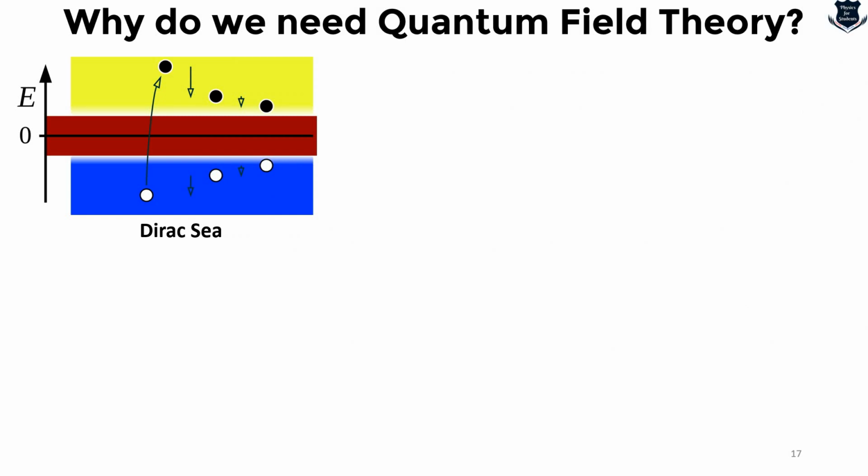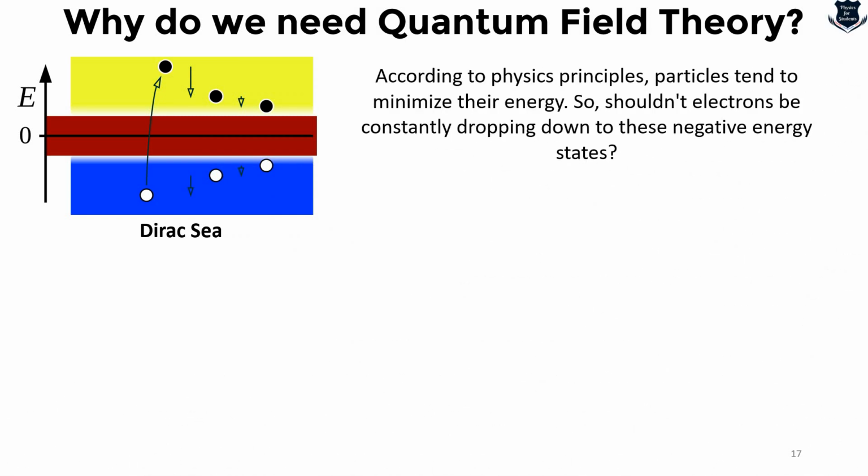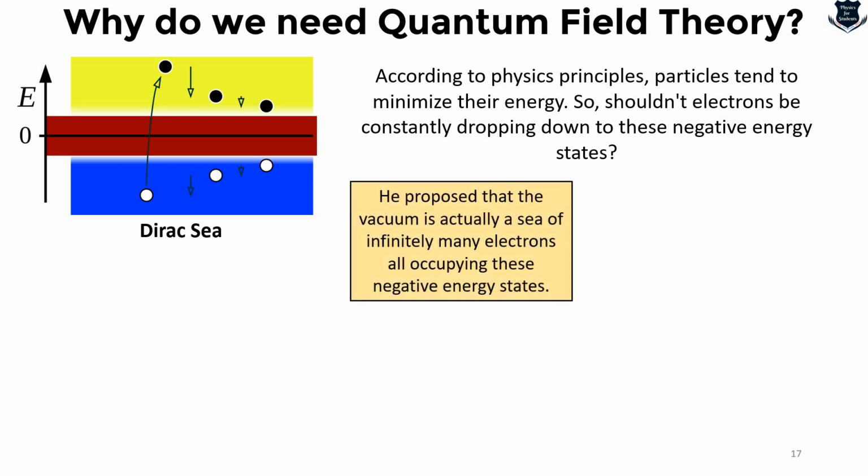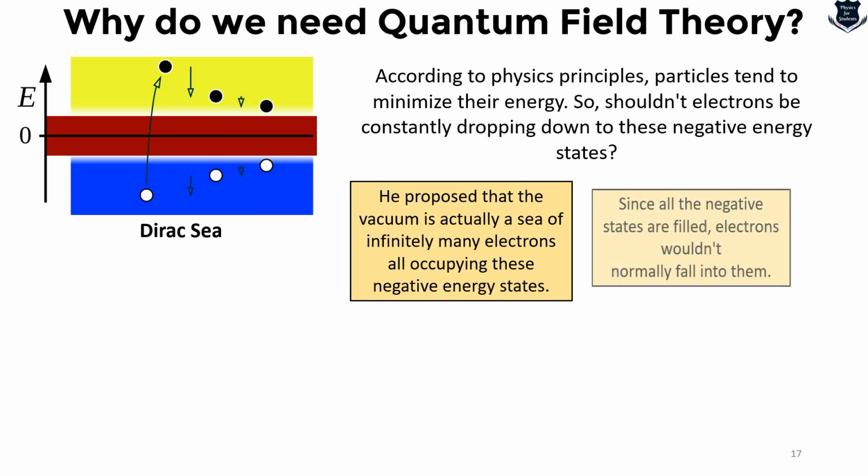So the problem was this: according to physics principles, particles tend to minimize their energy. So shouldn't electrons be constantly dropping down and down and down to those negative energy states? So he proposed that the vacuum is actually a sea of, remember this is again theoretical, infinitely many electrons all occupying these negative energy states. Since all the negative energy states are filled, electrons would not